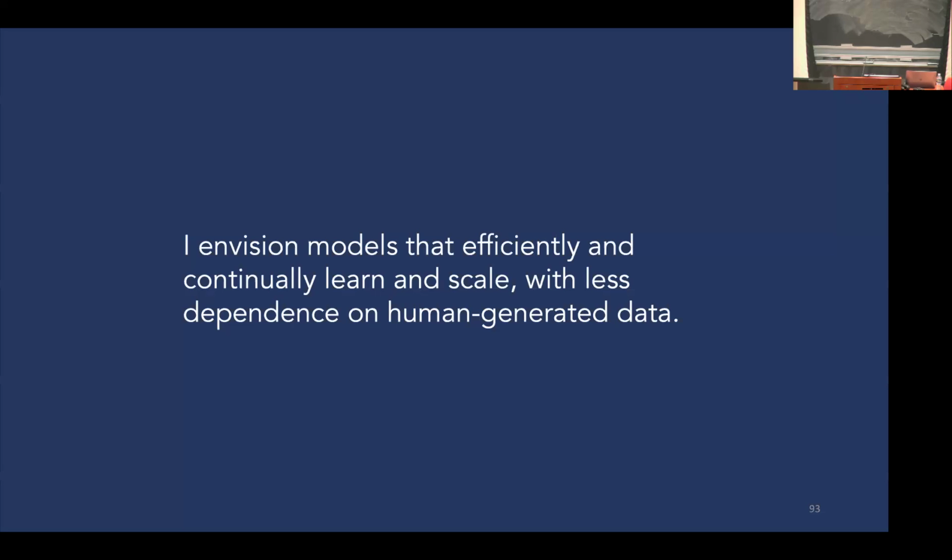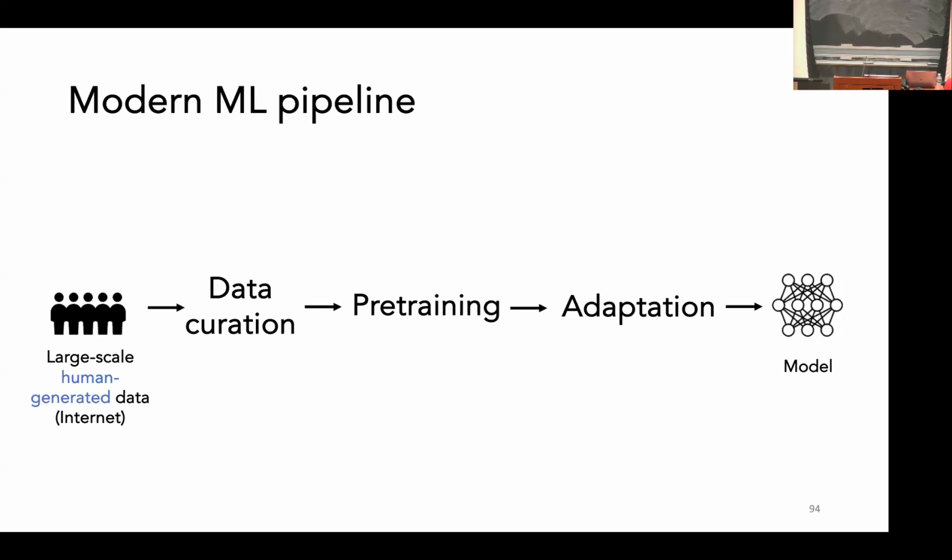Okay, so I'll look a little bit further into the future. And I'll say that I envision models that efficiently and continually learn and scale with less dependence on human-generated data. So if you revisit the modern machine learning pipeline, there's a heavy reliance on human-generated data.